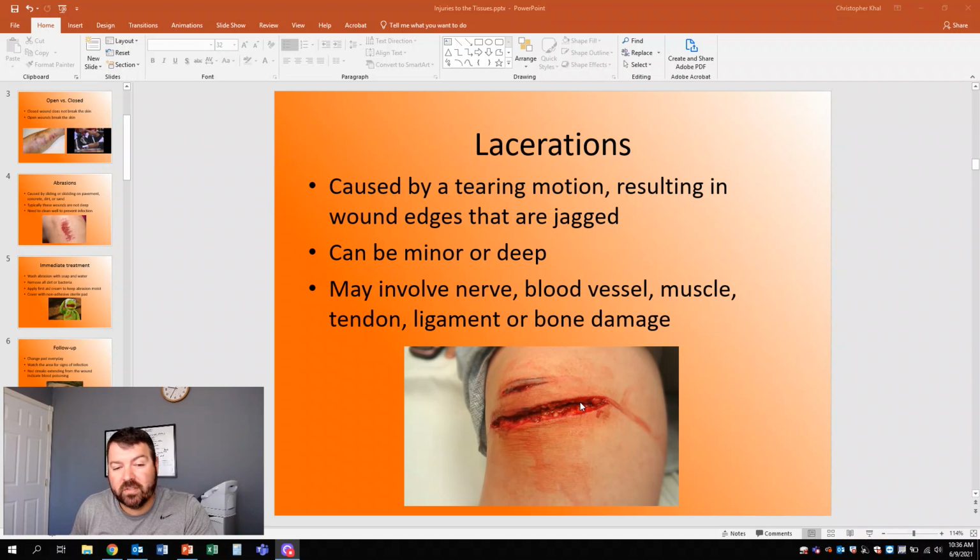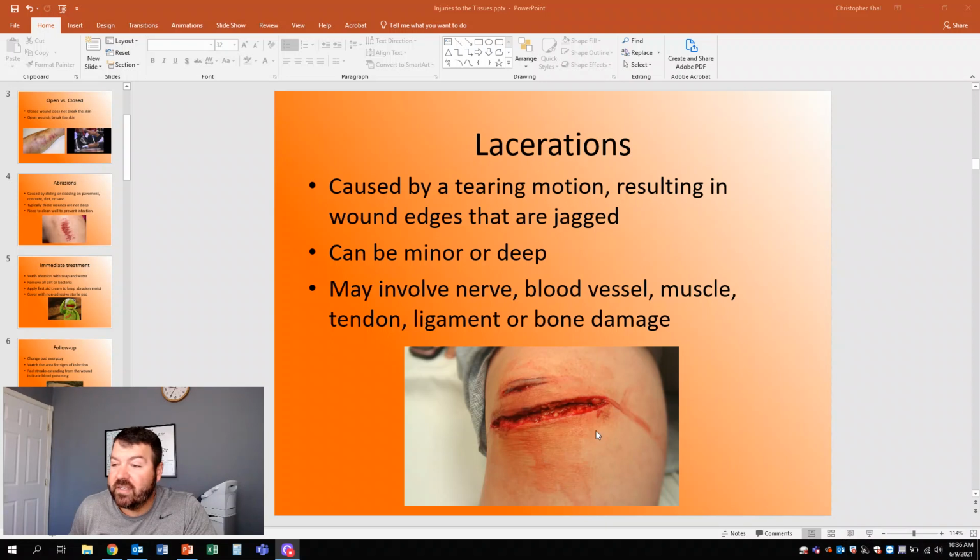That's very, very important because you don't know what underlying structures are involved. Okay, so I'm assuming this is a knee. It looks like there's a patella right here. It could be an elbow too, but most likely a knee. So we have the patellar tendon, which runs right here, which could be affected. We have the patella, which could be affected because there's a little injury here, probably not anything crazy. There's a lot of fascia here, or any other ligaments.